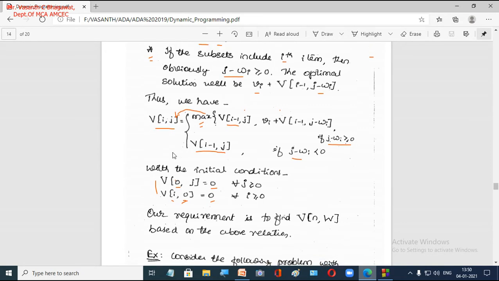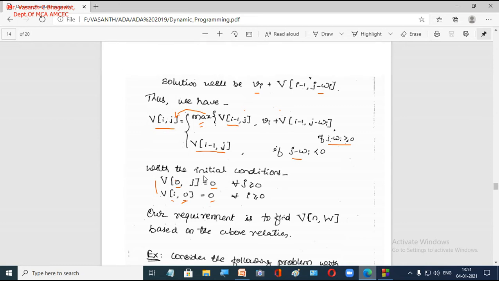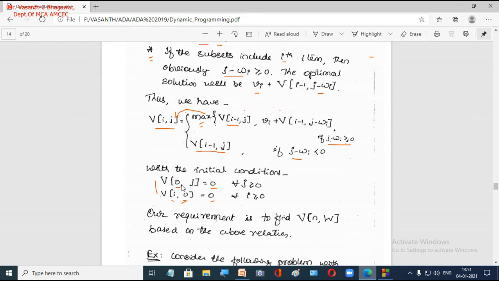Now the main equation we have discussed, the initial conditions. Irrespective of the values of j, whatever the capacity of the knapsack may be, if you are not selecting any item, that is i is 0, the final profit in the matrix will be 0.